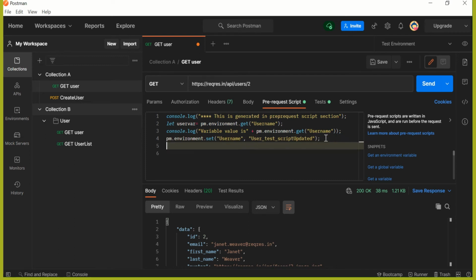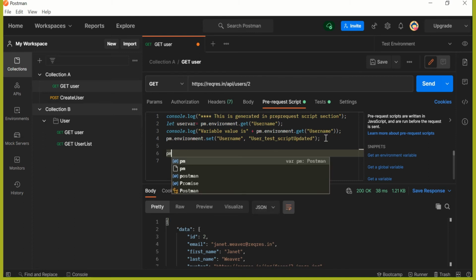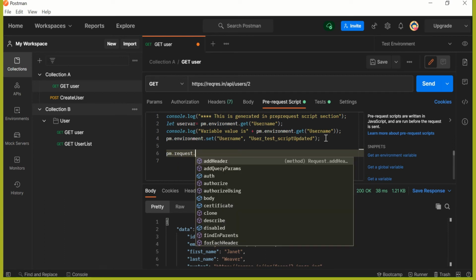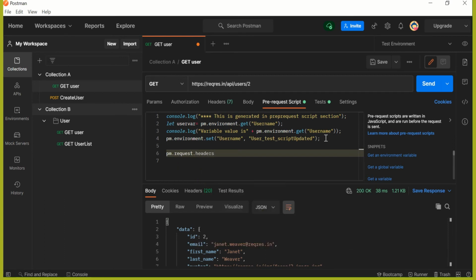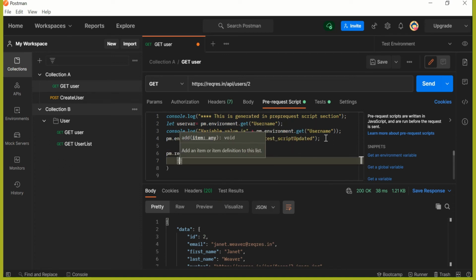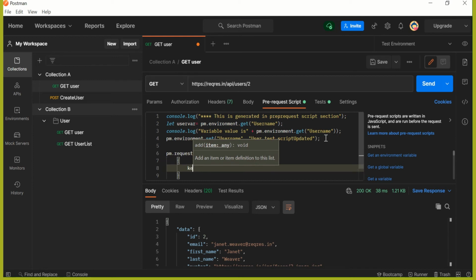So we can make use of this pm.request object for this requirement, and here we can select headers.add. So here we have to give the key value pair for the particular header.